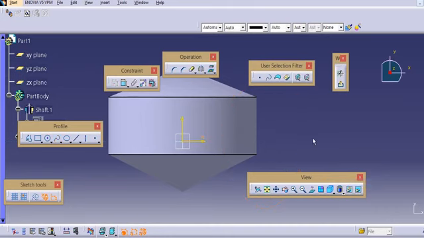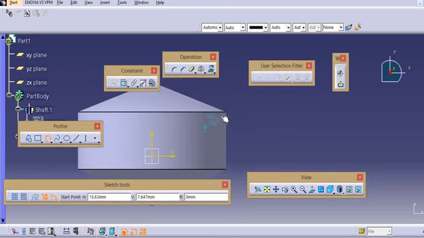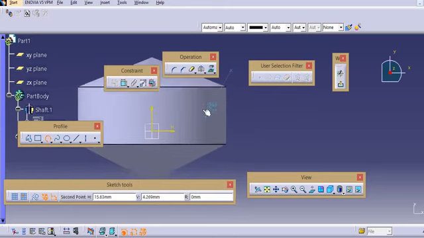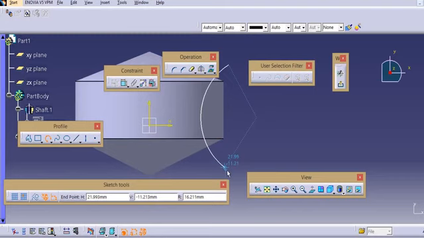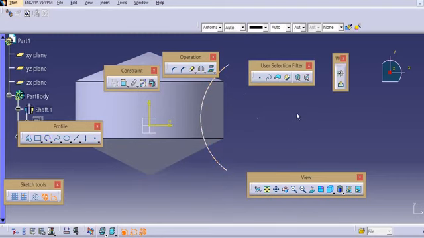If you go for a closed profile, it will not work. So I will go for 3-point arc, which will be easier. Escape. I will go for exit workbench.